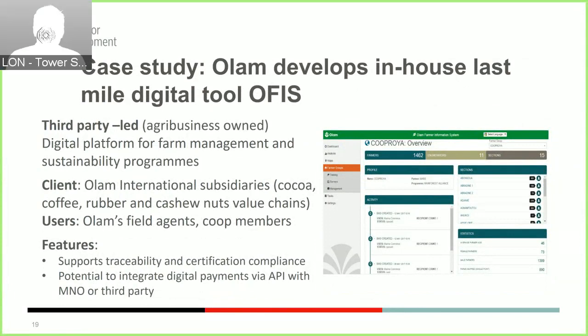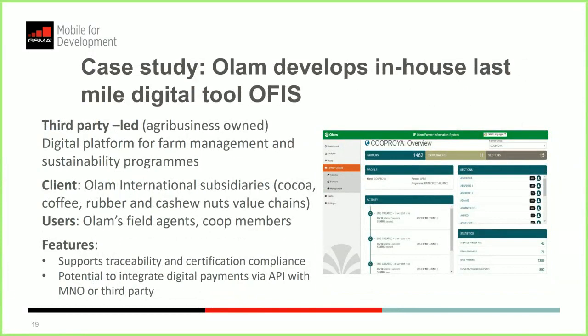The tool now collects information at the farm gates, such as GPS coordinates of the farmers' lands, as well as production and other key data points, which are all recorded via an Android app. All this information can then be synced with a web platform, which provides an interface into what's going on in the field. You have a screenshot in the slide where you can see what this web interface looks like on the back office for the agribusiness.